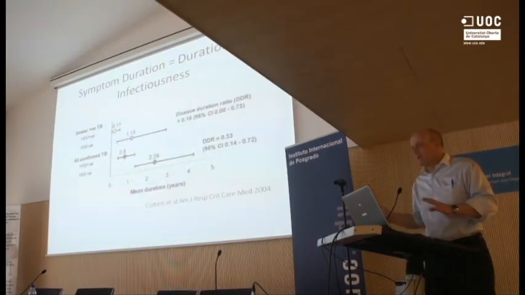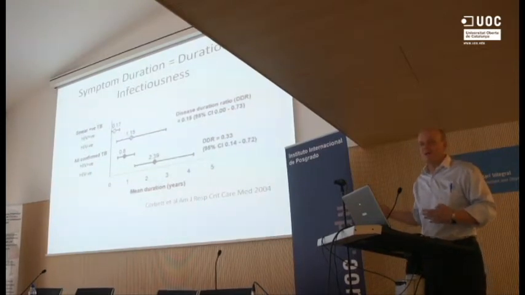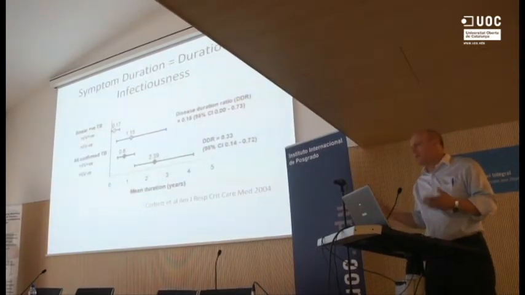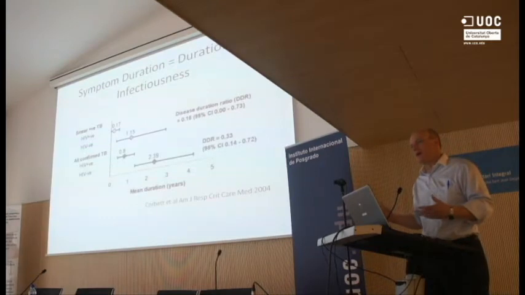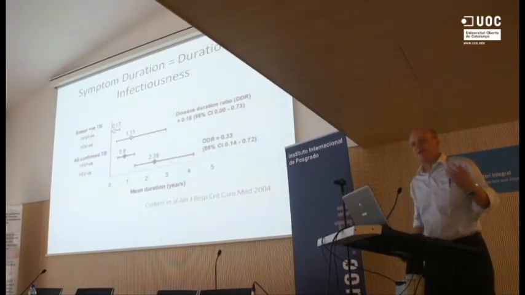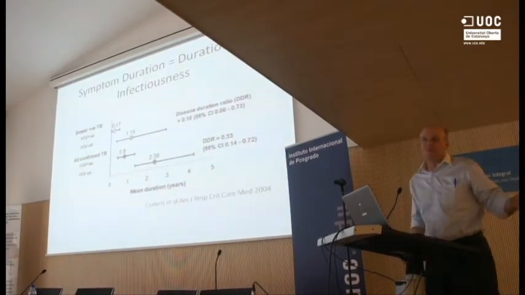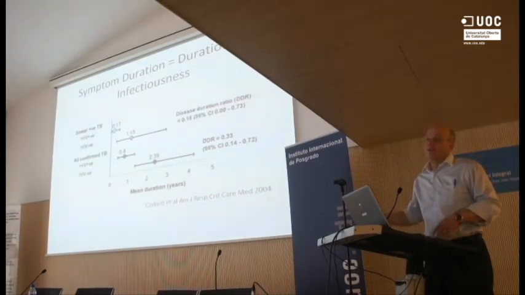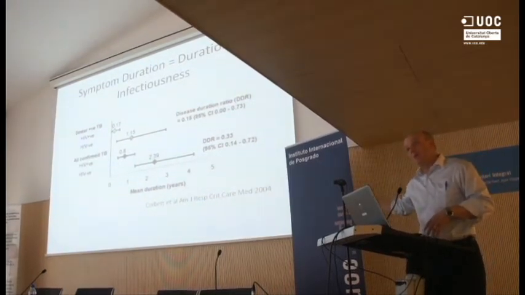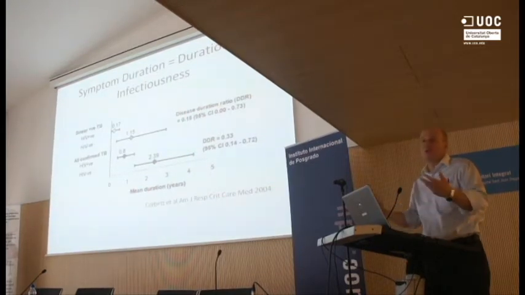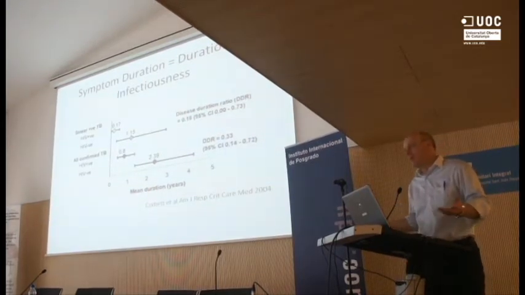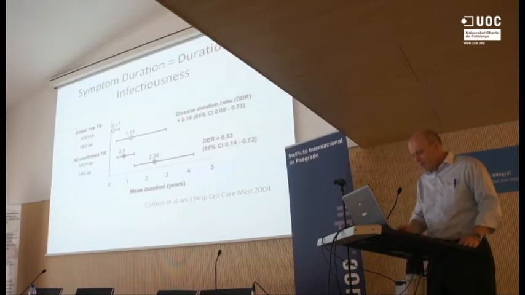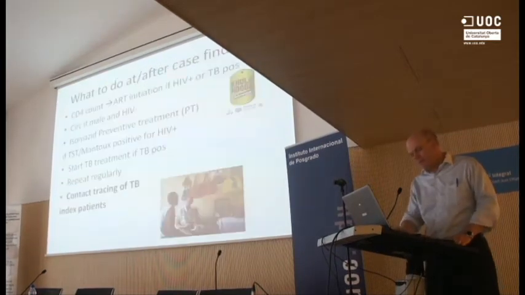And I think this also has implications for curbing transmission, because in most instances, this intensified case finding or active case finding is done in HIV-infected people. And clearly there's a need to do it, but in terms of transmission, you really may have to be doing it in the people that are not coming to the HIV clinics, who are not testing HIV positive, but still have tuberculosis, which just makes it slightly more complicated.